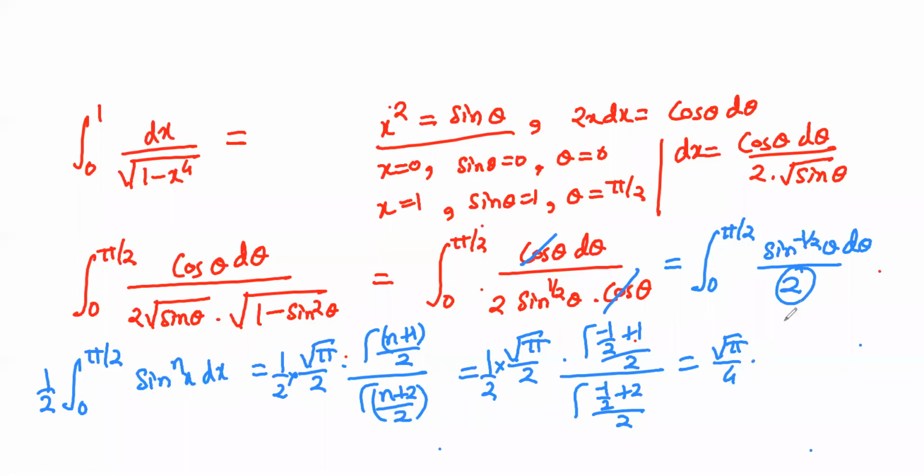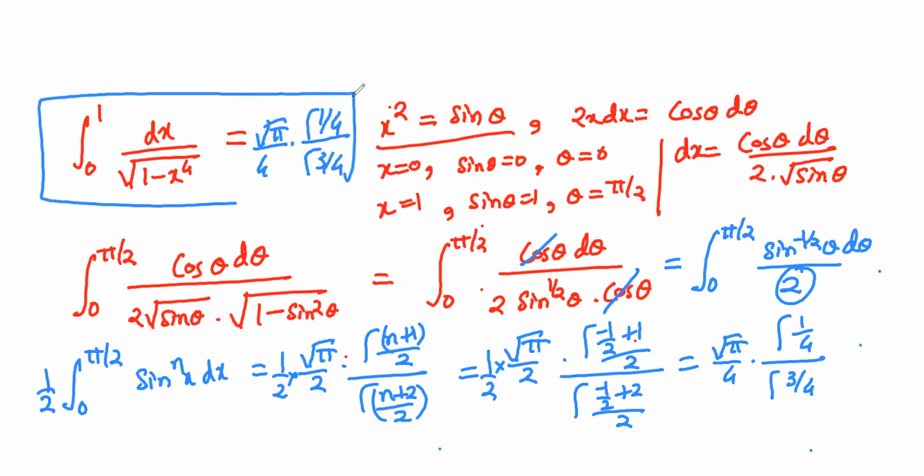This will be 1 minus 1 by 2, which is 1 by 2, so 1 upon 4, divided by 2 minus 1 by 2, so it is 3 by 2, so it is 3 by 4. Then you can solve it further, but this is our expression in terms of gamma. So what is the answer? Under root pi upon 4 gamma 1 by 4 gamma 3 by 4. This is the answer for this. Please write it down.